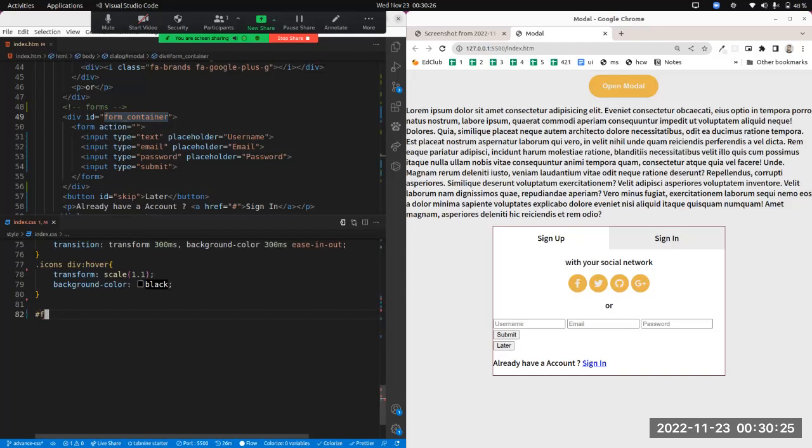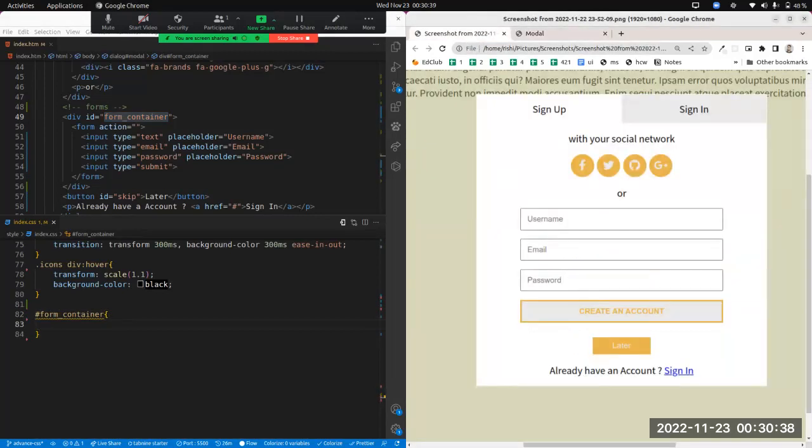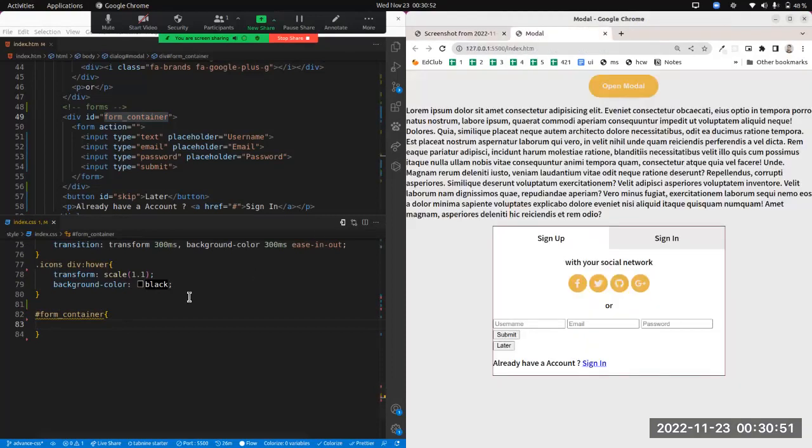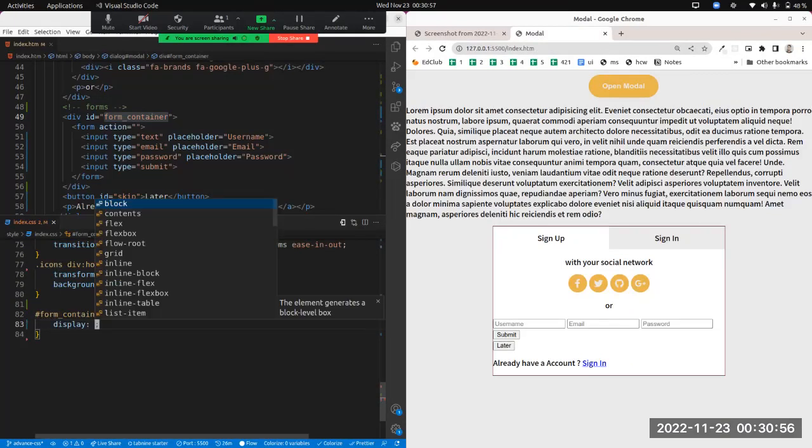So let's select that container, and if you see here, what I want is all the inputs in the vertical direction, right? One input in one line. So you can use display